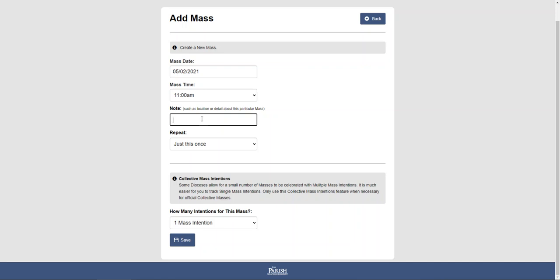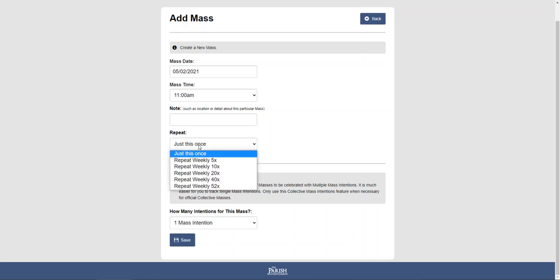So if you have multiple locations on campus or multiple campuses, multiple actual locations, you still can use this software. This is what the note field is for, and that will show up when the person is making the request. We won't do that now, but that feature is there.